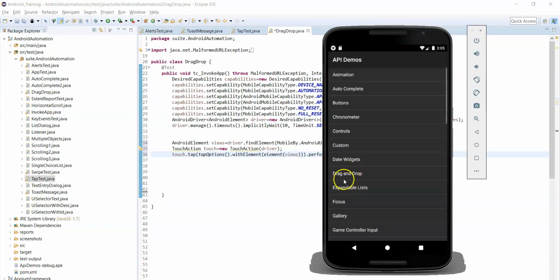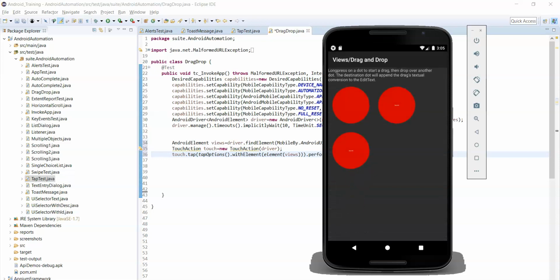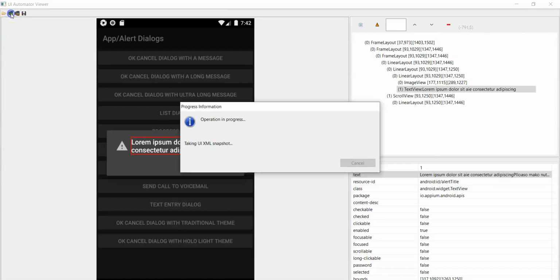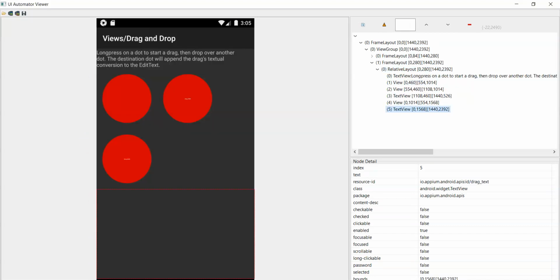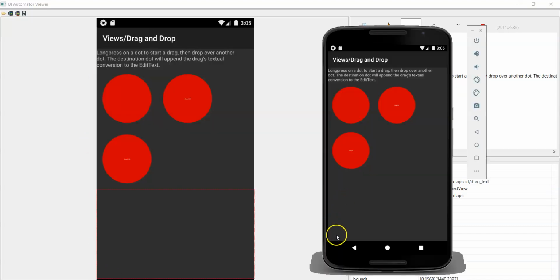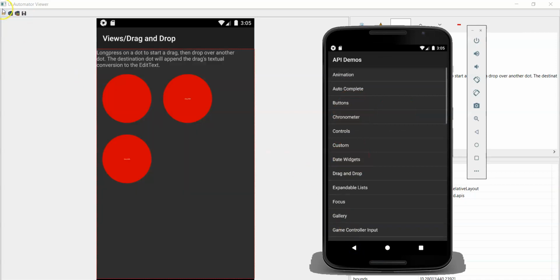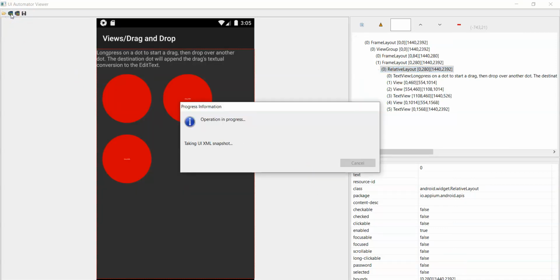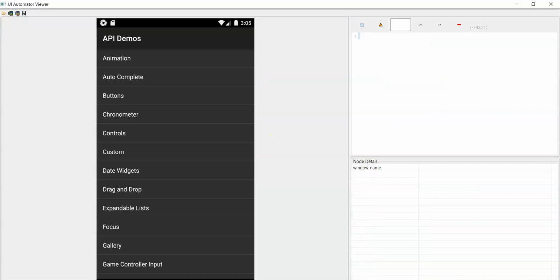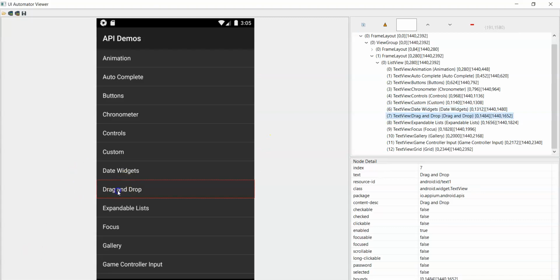After tapping on views, you need to identify the locator for drag and drop, right? So go to UI Automator Viewer. Sorry, before that you need to capture the screenshot of the drag and drop screen. Now let's click on drag and drop.